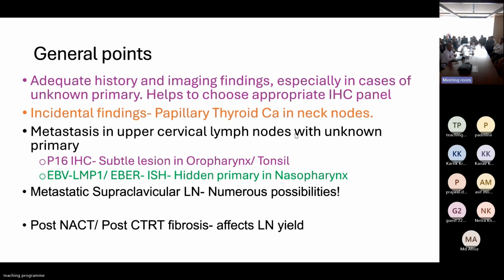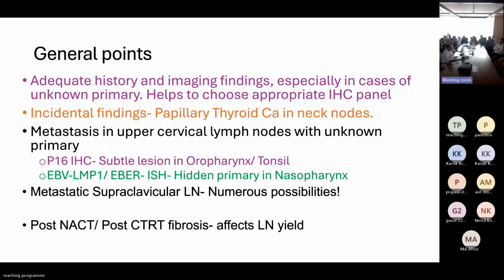So we tend to do p16 IHC, which might reveal subtle lesions or just thickening in the oropharynx or the tonsillar lesions, which might not be apparent on clinical or imaging findings. We can go for EBV, LMP, or EBER ISH, especially again in the upper cervical lymph nodes. The nasopharyngeal tumors are many a times not visible on imaging, or they present as a cervical lymph node rather